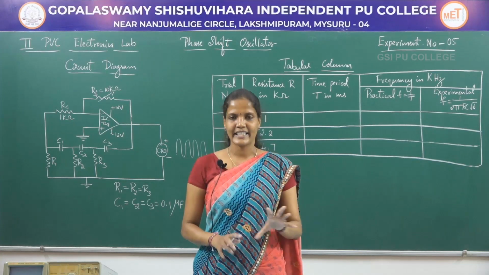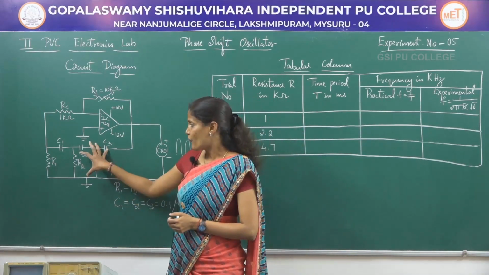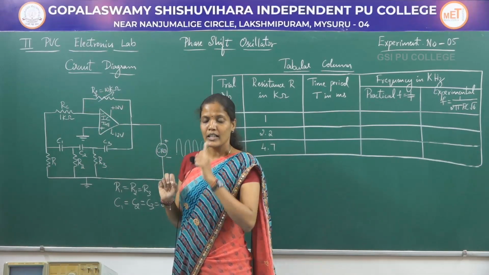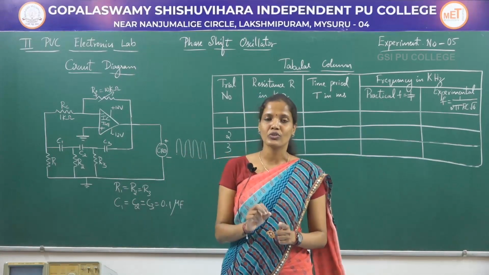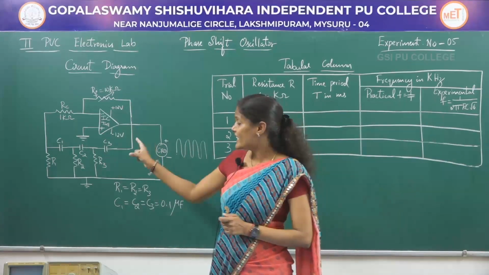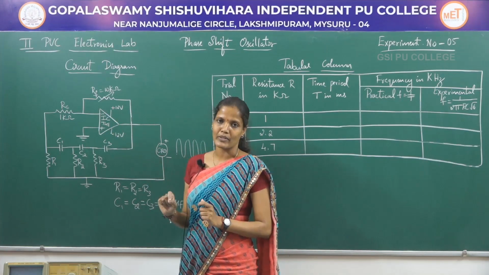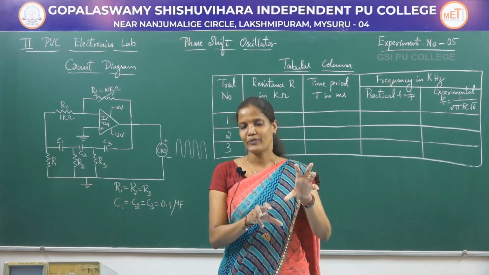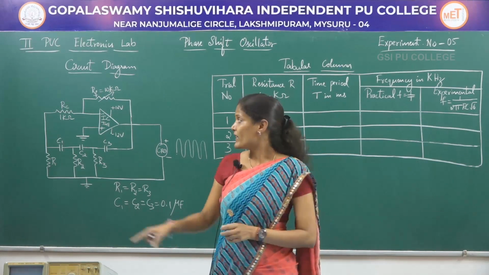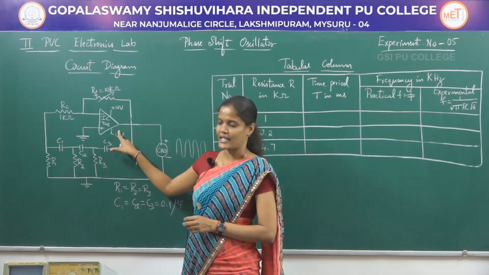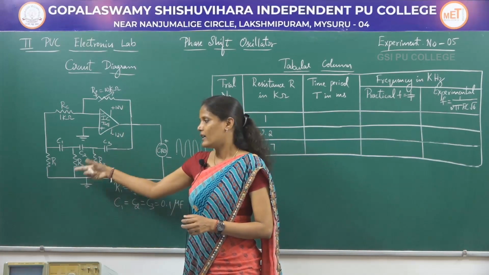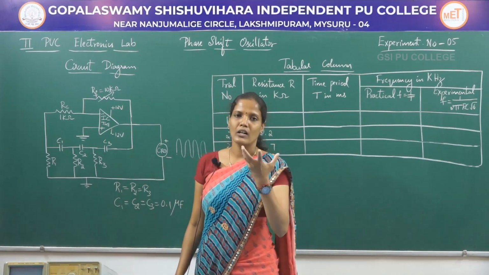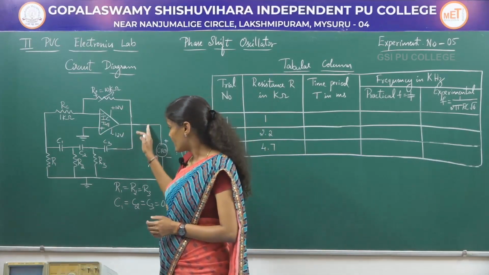And these LC or RC are nothing but the feedback circuits that we use along with the amplifier circuit. In the Colpitts oscillator we used a transistor as an amplifier circuit. Here we are going to use an op-amp as an amplifier circuit. Oscillators are two separate blocks. One is the amplifier, one is the feedback circuit. Here I am going to use an op-amp as the amplifier, and in the feedback circuit I am going to use a combination of R and C in order to give the feedback from the output to the input.